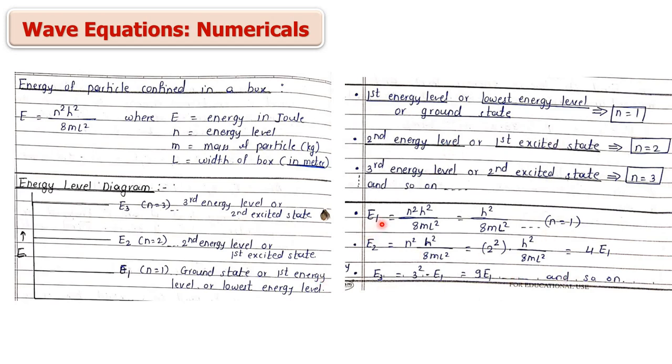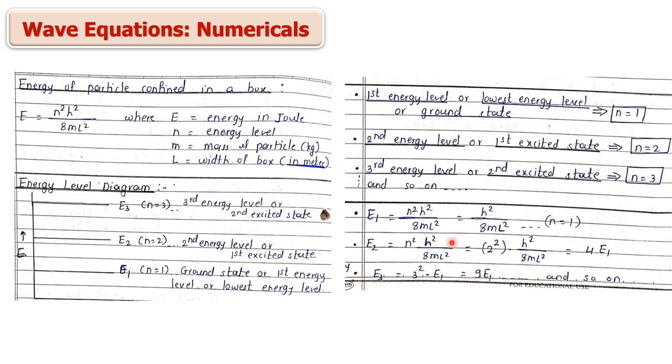The next one is if the lowest energy E1 is asked. What will be the formula for E1? This is your basic formula, n square h square upon 8 m L square. So if E1 is asked, n would be 1. You have to put the value of n as 1. So E1 becomes h square upon 8 m L square. This is E1. Now if you have to find E2, what will E2 be? Here we have to put n is equal to 2. So 2 square, the rest of the thing is the same, h square upon 8 m L square.